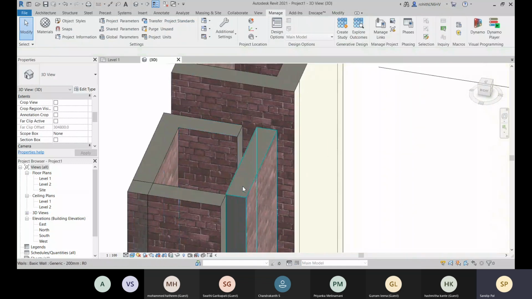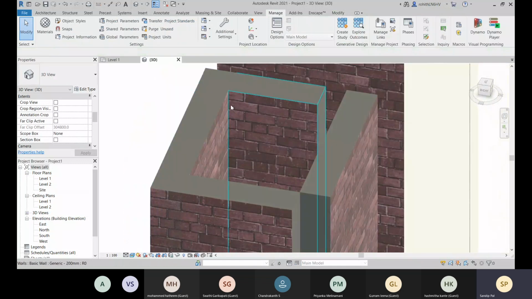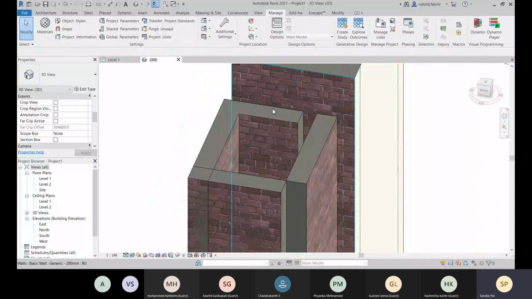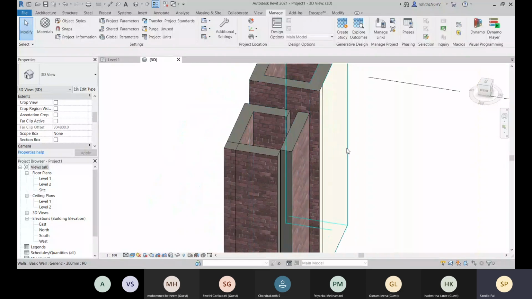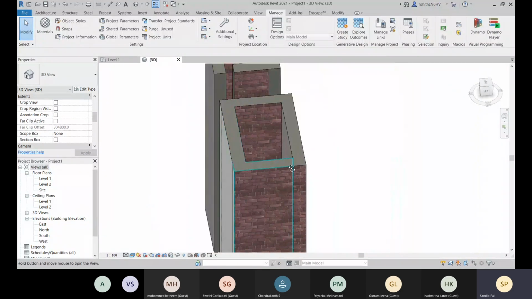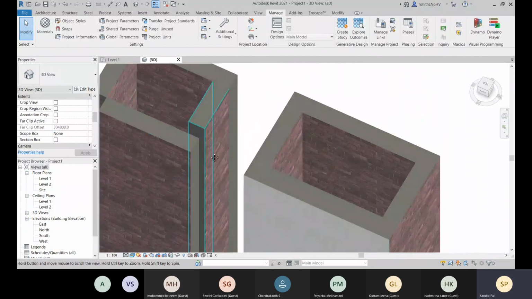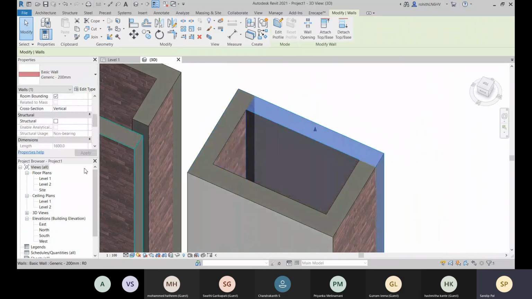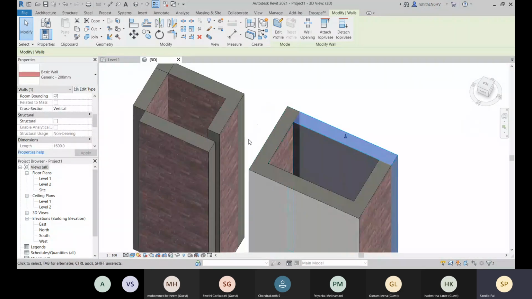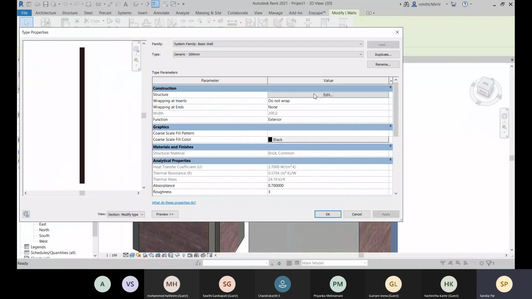When you add more layers, at the end you will see this. The wrapping is not reflecting here. What you can do is wrapping at end.